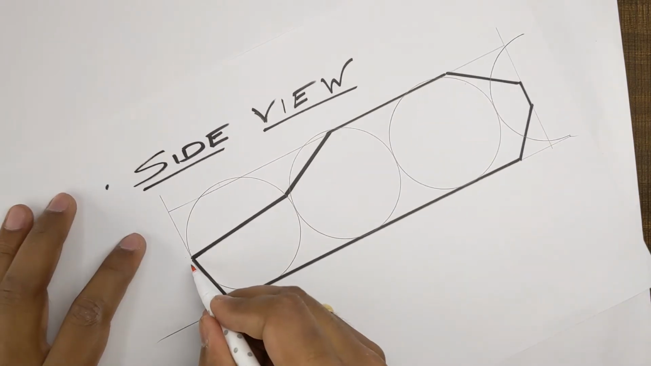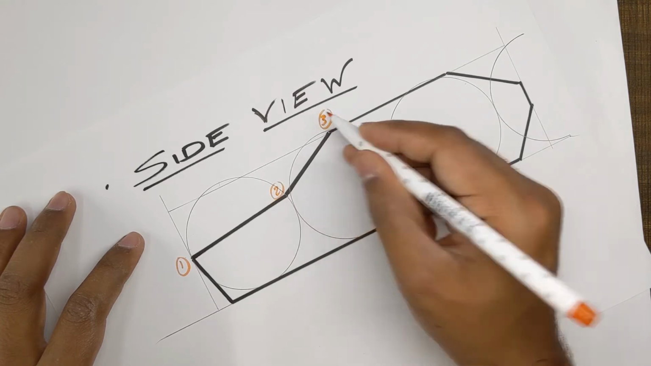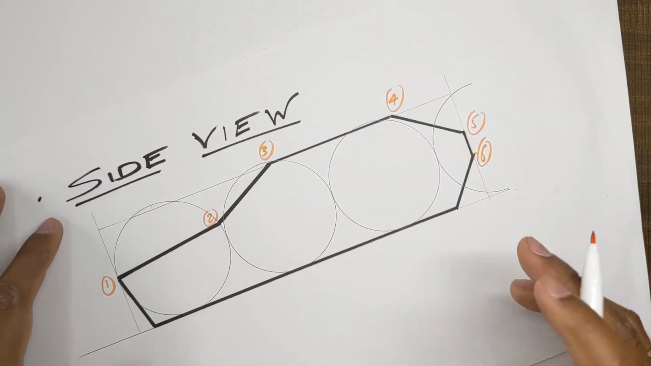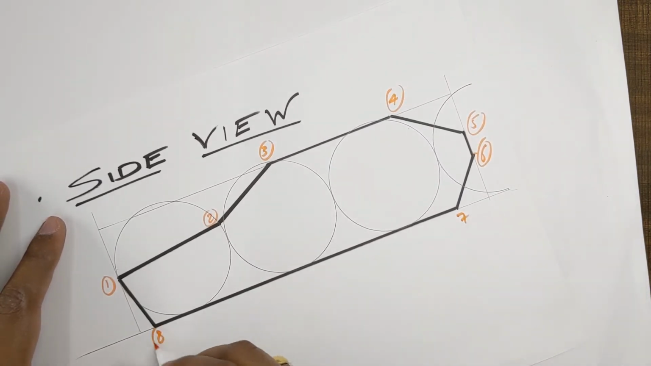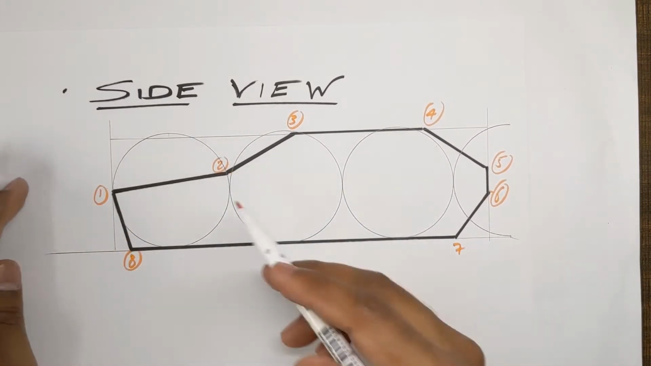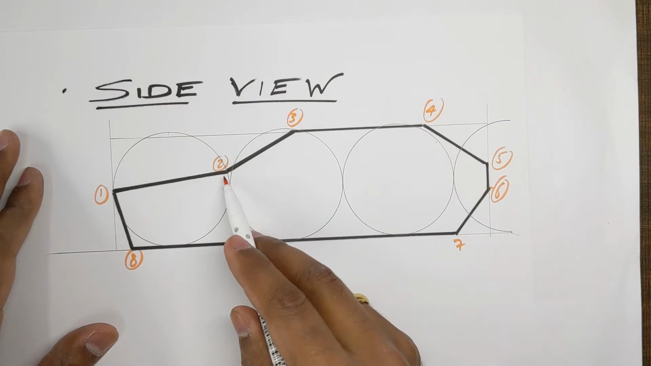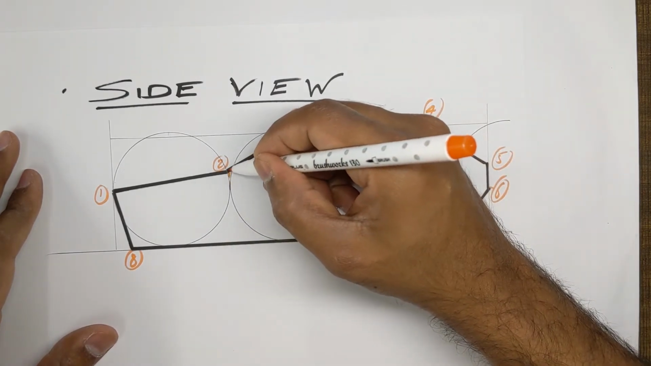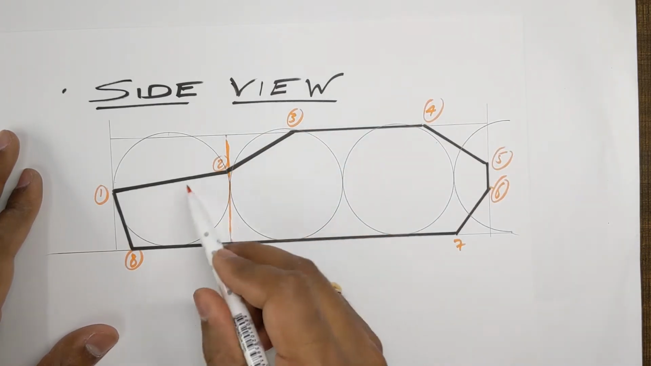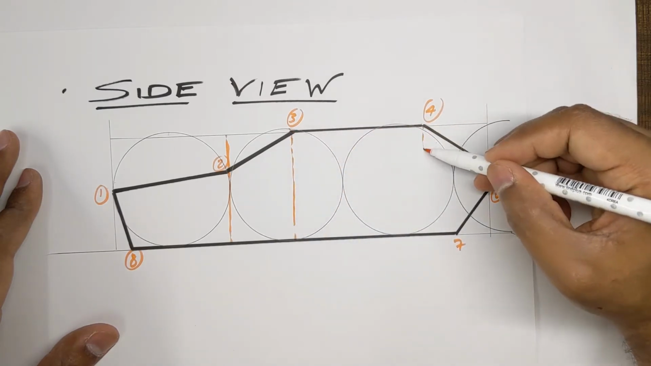So this would be our point number 1, this would be our point number 2, point number 3, point number 4, 5, 6, 7 and let's say 8. Now let us go ahead and place these points at appropriate positions on our grid. If I take point number 2 over here, I'll just make some guidelines. I know that this is exactly at the end of the first circle,